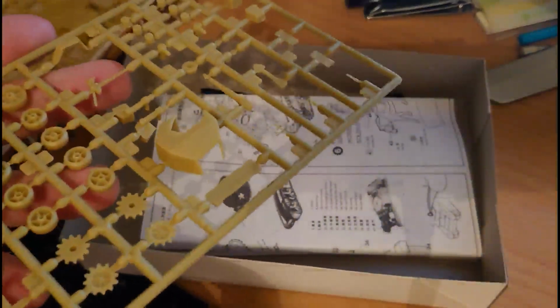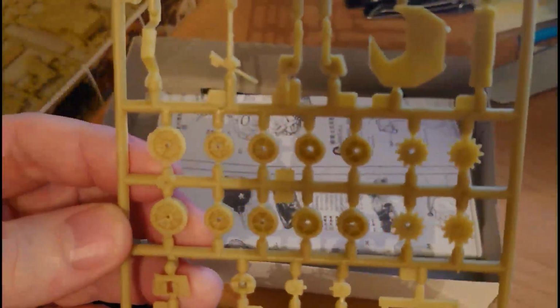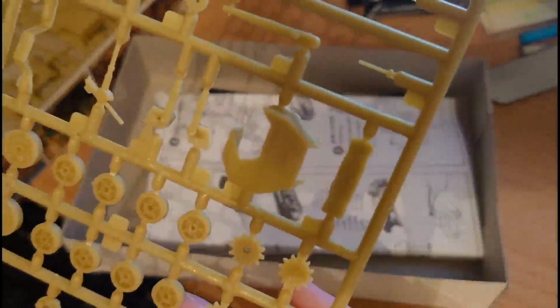Then we've got this sprue here which has a turret, top part of the turret. You've got all the road wheels, drive and idler sprockets. There's that machine gun that goes on the back of the turret. Some various fittings and storage bins, tools, and the main gun goes there. And then you've got all the suspension parts, which is interesting. Now this sprue is marked Science Treasury,